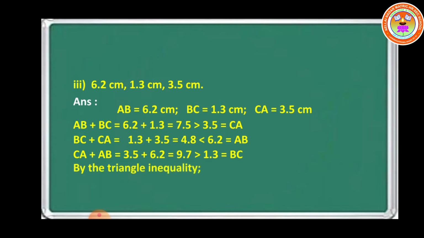Therefore, by the triangle inequality, the triangle cannot be formed with the given sides. Why? See the second condition. BC plus CA is less than AB. Therefore,